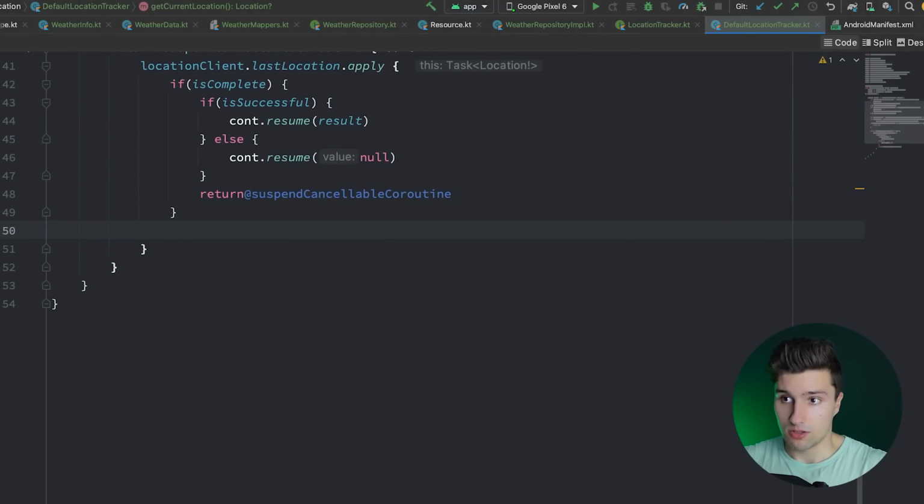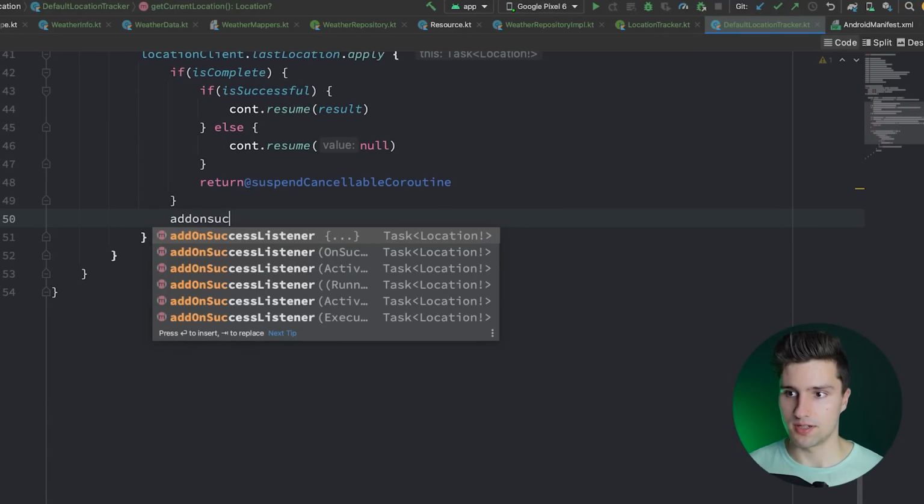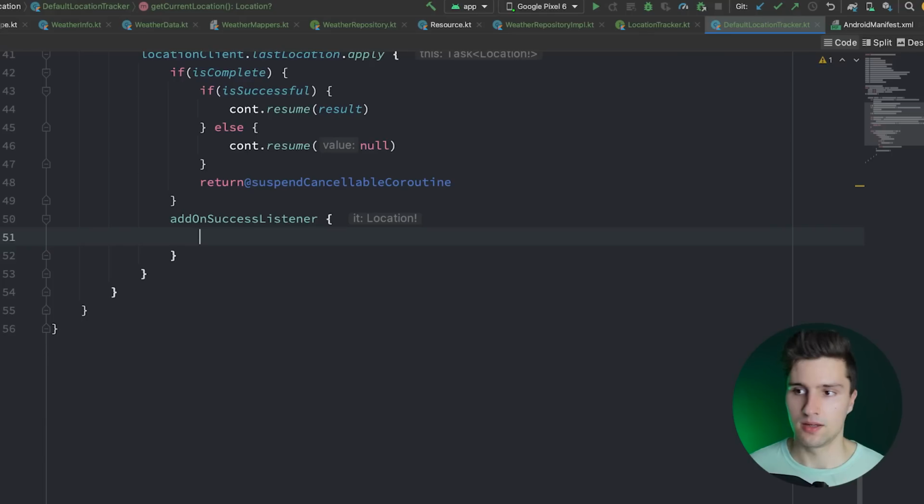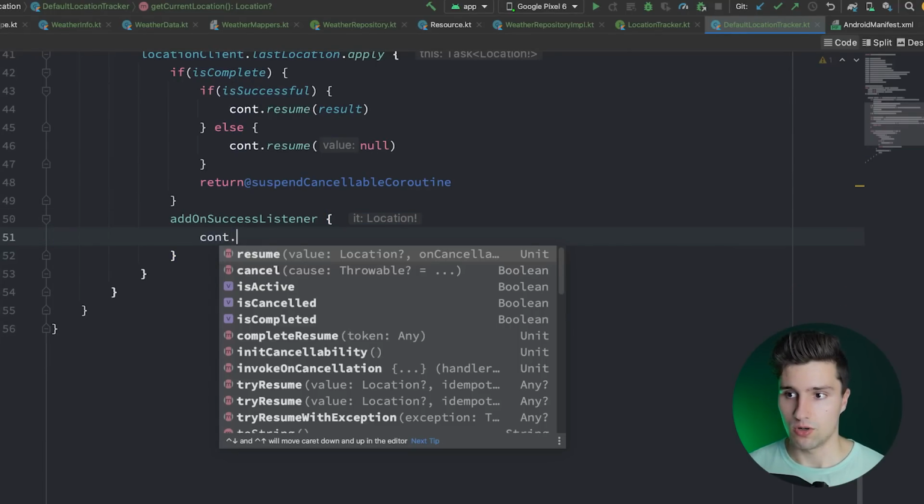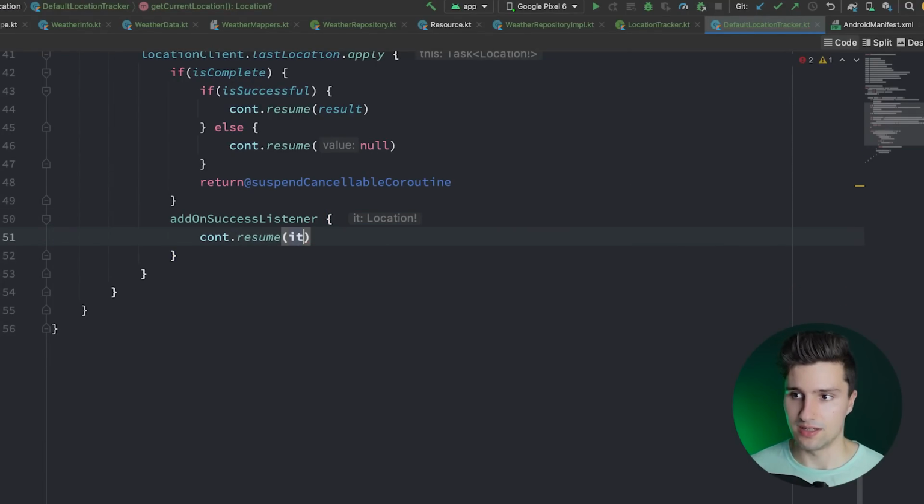But if it was not complete, we actually want to wait until it is completed. And that's where the async stuff actually starts. So we can add an on success listener to this task, which gives us the location in this callback. And then we can call cont.resume with it